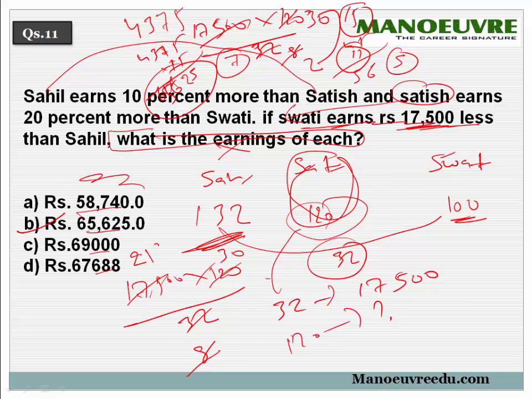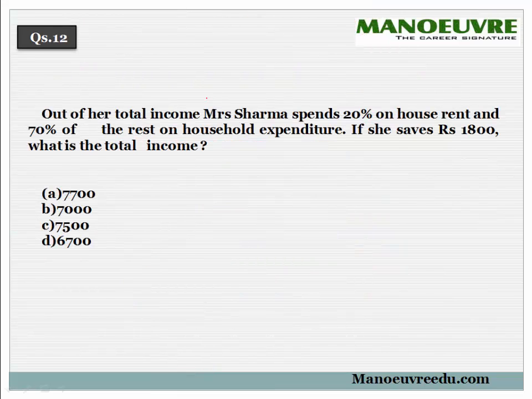Okay, fine. So there is something wrong here, I guess, because the difference of two guys is given, so obviously they will ask for the third guy. Okay, out of